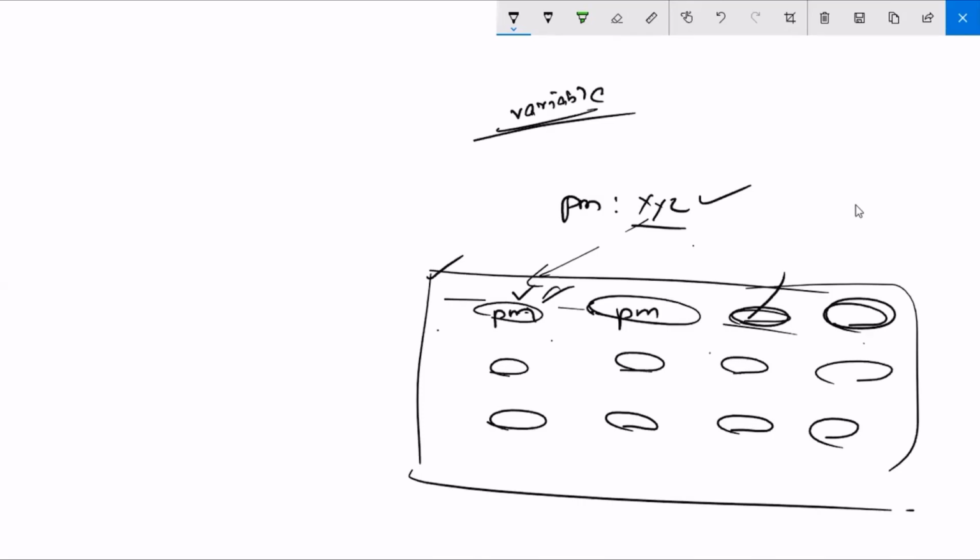Okay, so the key value, we need to give key value. We need to give key. If you run this one, that will be replaced with value. This is key, this is value. Okay, so that is what a variable is. We call this defining a variable. This is how we define variables.